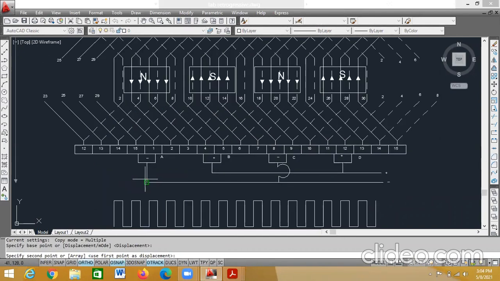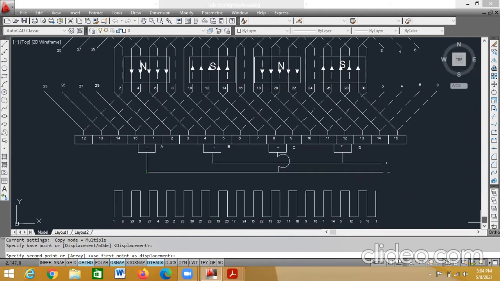Now you have to place it here. Which are the conductors? 2, 3, 4, 5, 6, and 7.